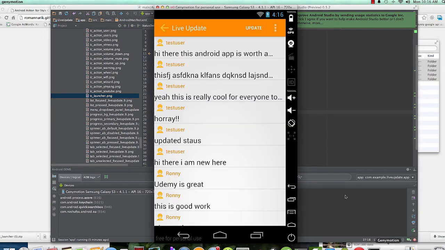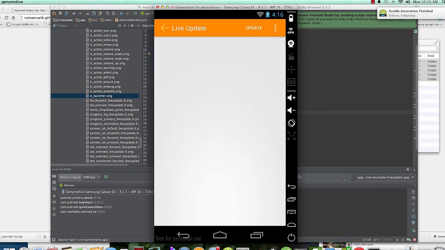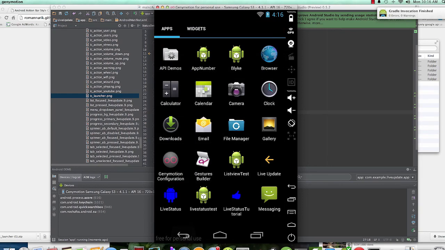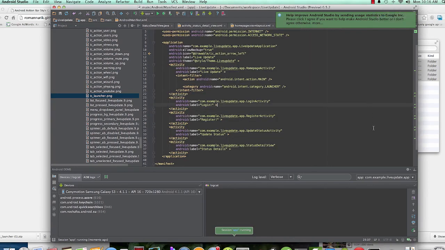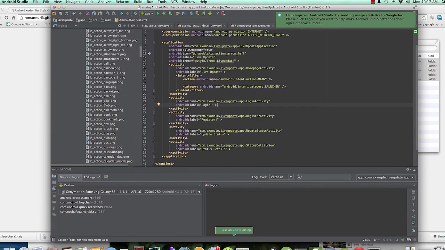Android Studio takes a while. Okay, finally. And as you can see, our icon is still not the one we're looking for. To change that, we're going to come to